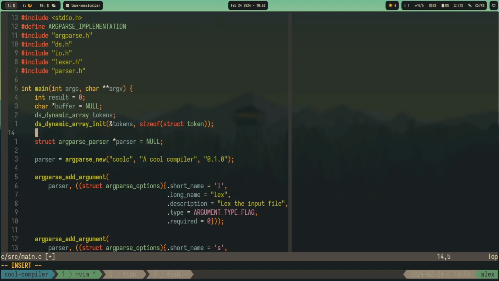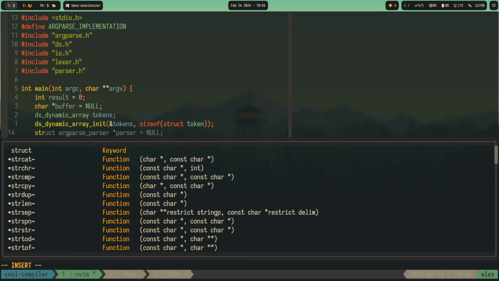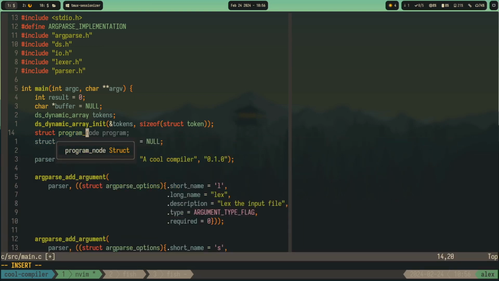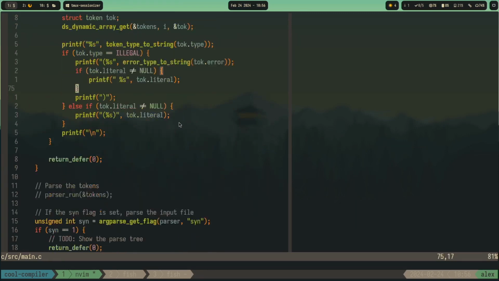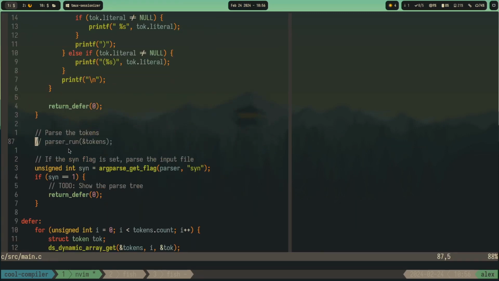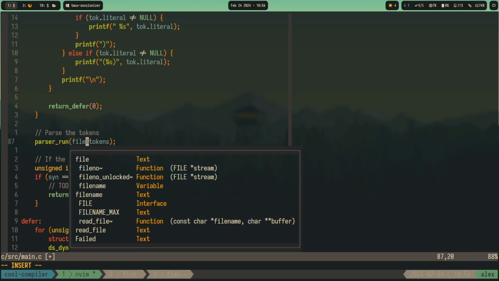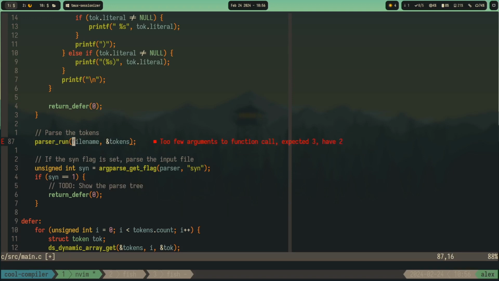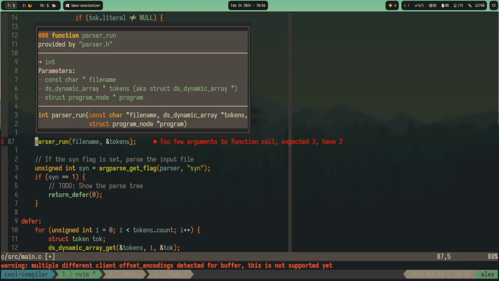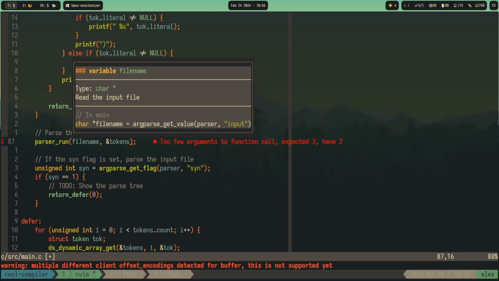So now we can have a struct program node, which is going to be program, and let's do something like parser run, which requires the file name, but that's just because we want to be able to print errors